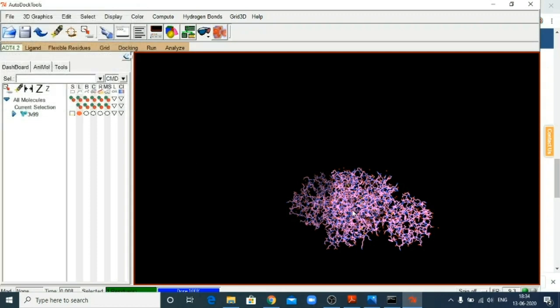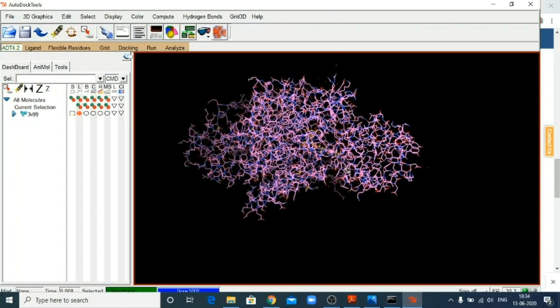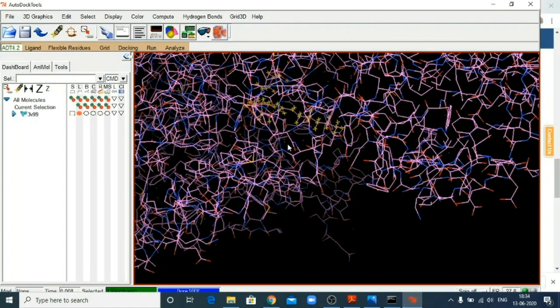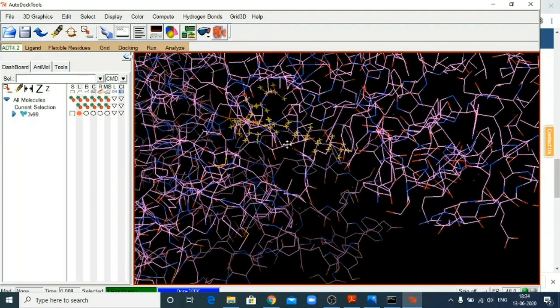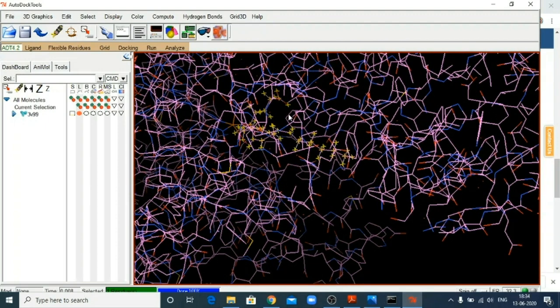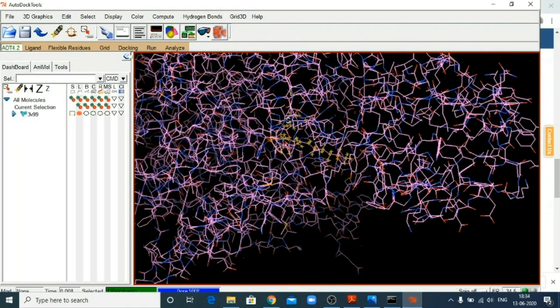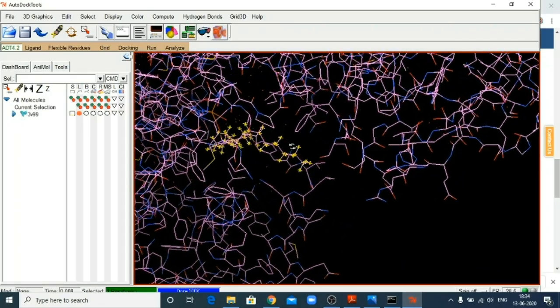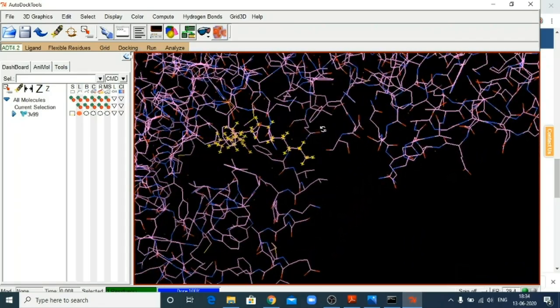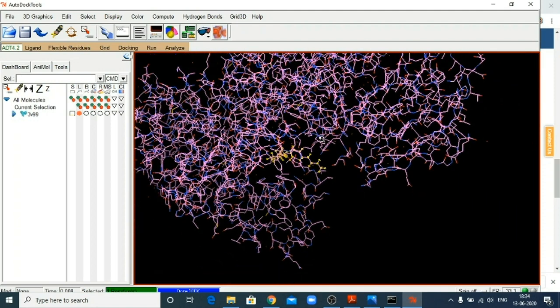Now the arachidonic acid is selected, and you can see the selected portion in yellow is showing your arachidonic acid molecule. We are not interested in the arachidonic acid itself, but in the site where the arachidonic acid is bound. So let us label that site.